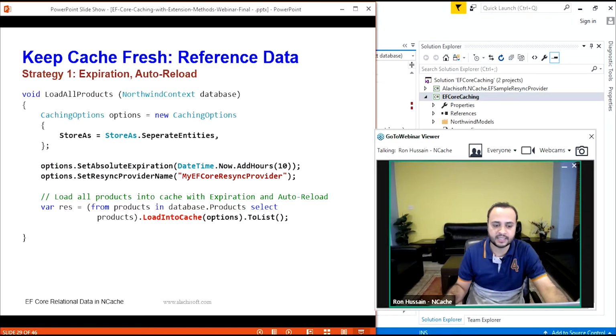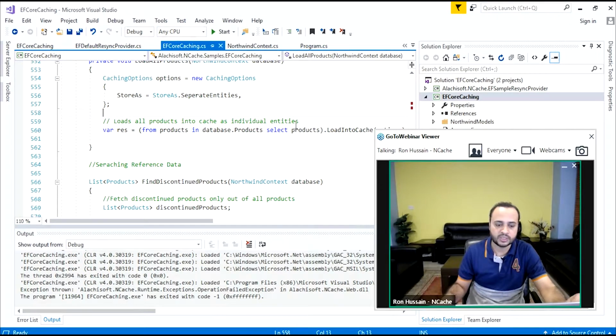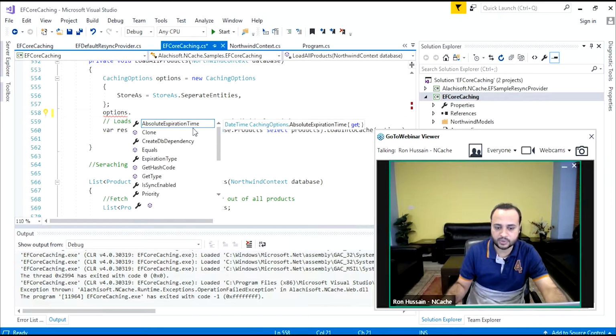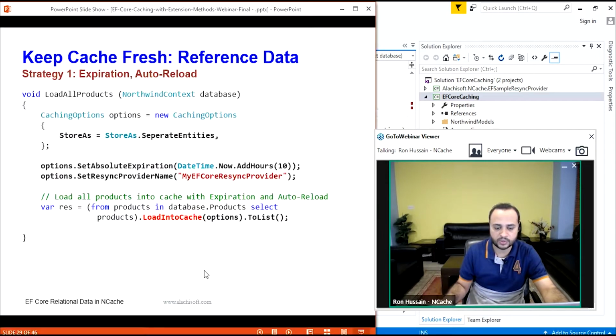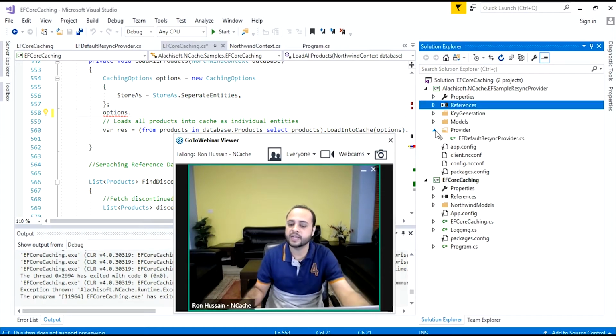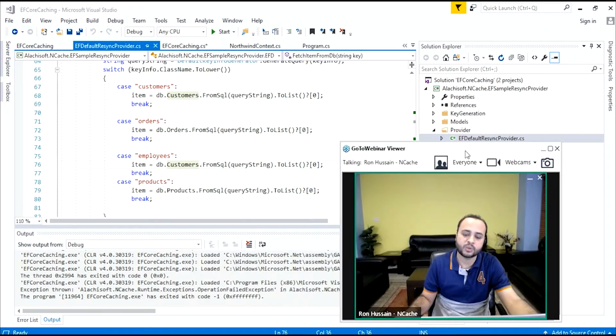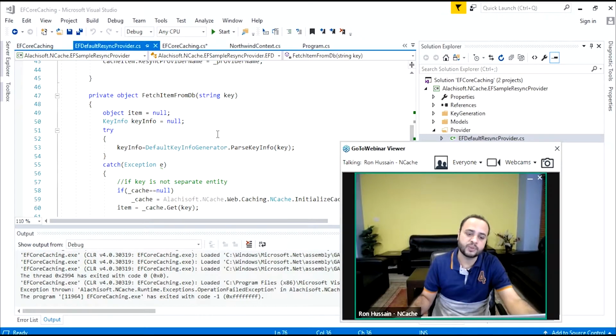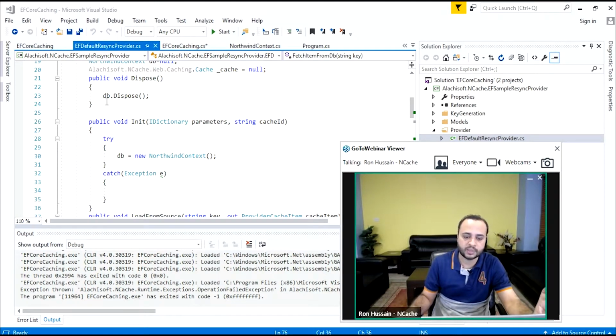So inside the options, you can set up the absolute expiration time, and you can also set up the read-through provider, right? So once you've set up the resync provider, you need the resync provider implementation, which is part of this sample project right here. And inside this project, we've given you a sample implementation where NCache would go ahead and call this provider automatically. It would construct the key for you. You just need to set up the initialization